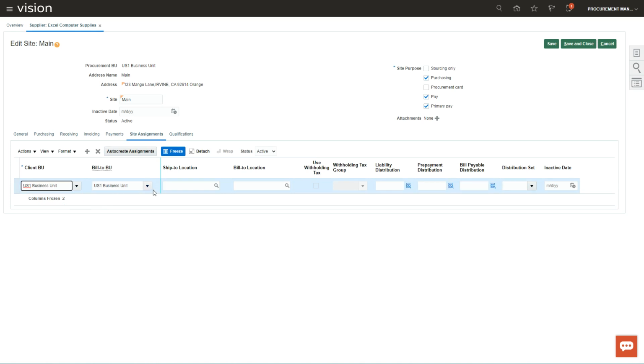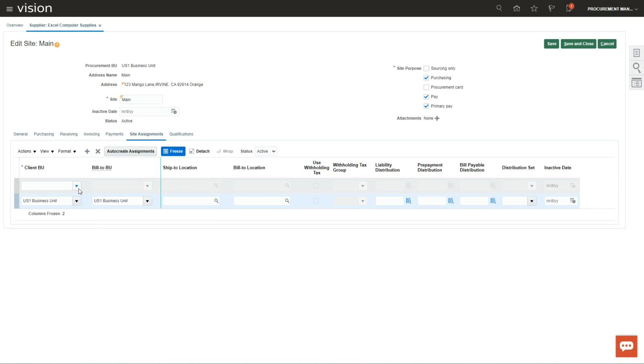Okay. And then you can set up other things here like primary ship to location, primary bill to location, and then your liability and any other accounts you want to set. In the client BU, you can see I can add one more client BU.